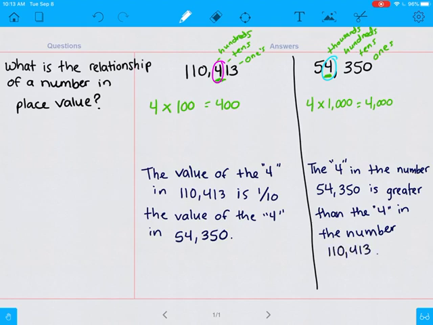Because again, remember, although this number right here is greater than this number, we're only looking at the 4